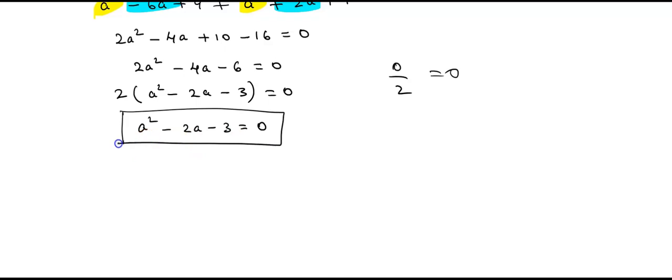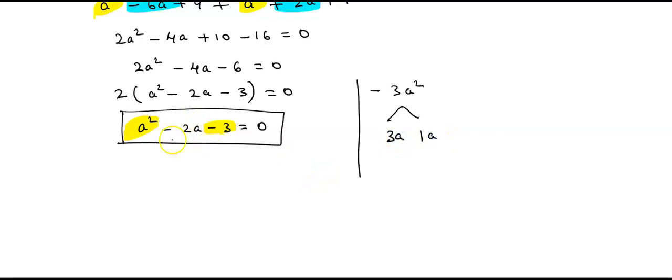Now we have got the quadratic equation. Now children, as we are using factorization method to solve this, let me check whether we get the roots or not. Okay, we get the factors or not. So first you multiply the first term with the last term. Plus into minus, minus a square into 3, that is minus 3a square. In which tables do we get 3 as the answer? That is 3 ones are 3. a is the variable, so we write a.